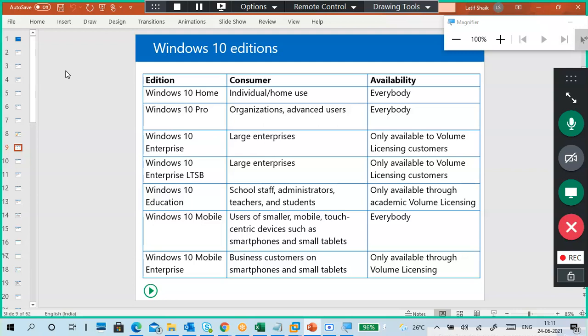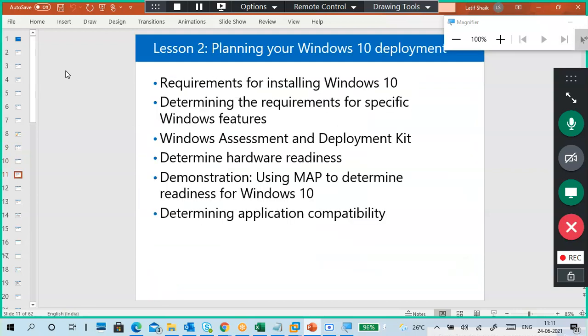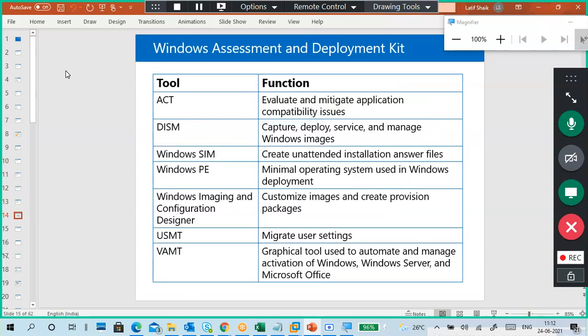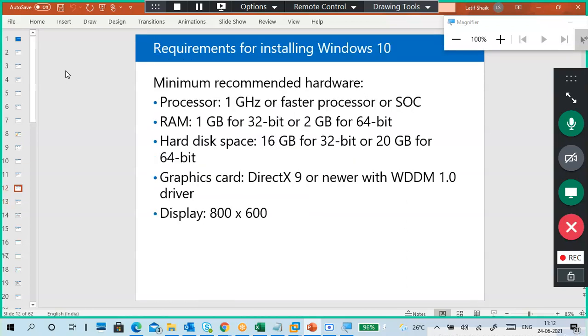So Microsoft got a problem with the mobile editions. Okay, so these are the editions. Before we go to discussion about editions, first of all, editions are important. We'll discuss about editions and licenses. Editions and licenses, minimum requirements is normal. So that I will discuss. This is also important. Okay, up to here.